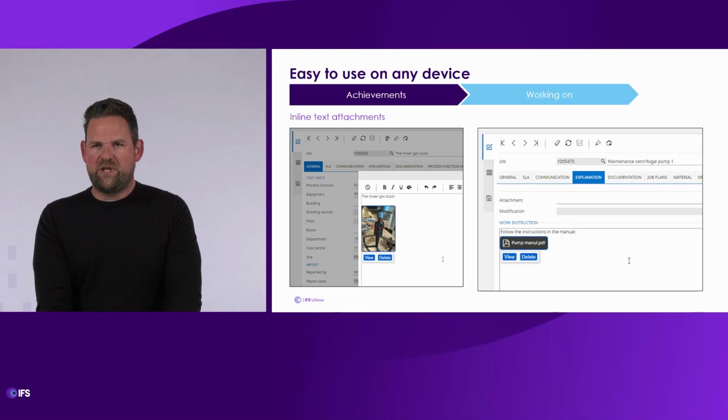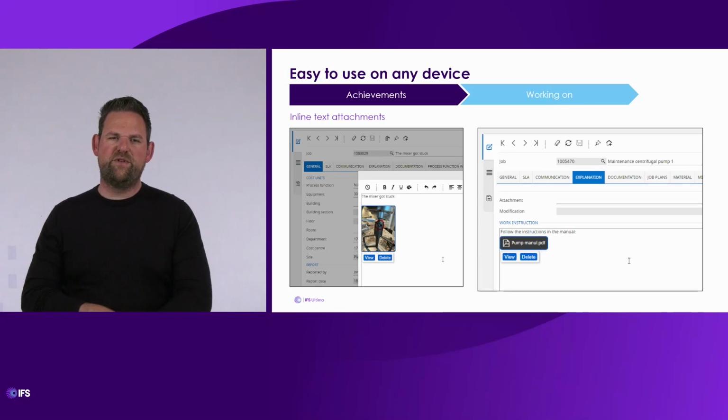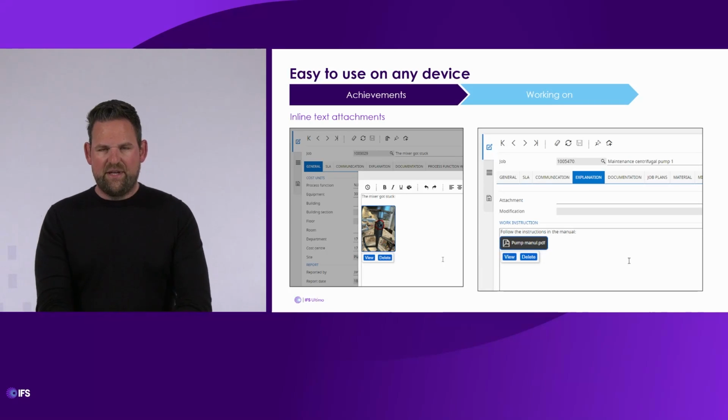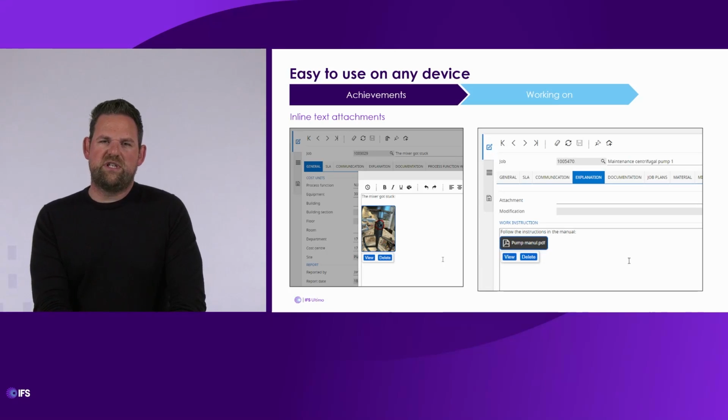And you can see some examples right here. So when you paste an image on a job text field, the report text, for example, that's still possible, but we will automatically create a thumbnail, so it does not take the entire space of the field. You can just click on it, delete it, and it will be stored as a separate file on the job record. And the good thing is here, it's not only working for images, but you can also paste PDF files,